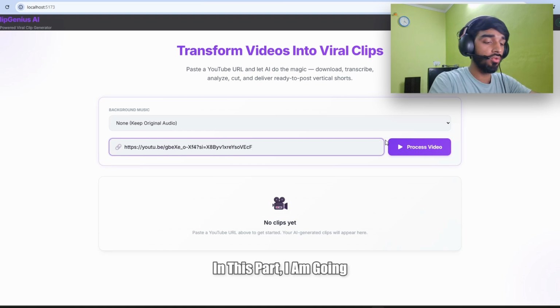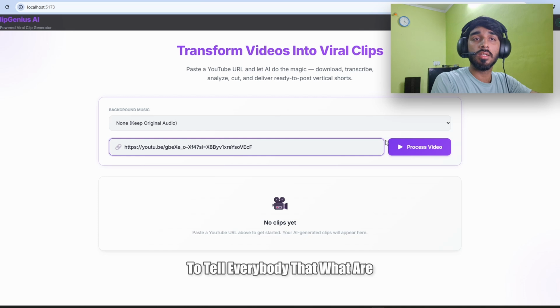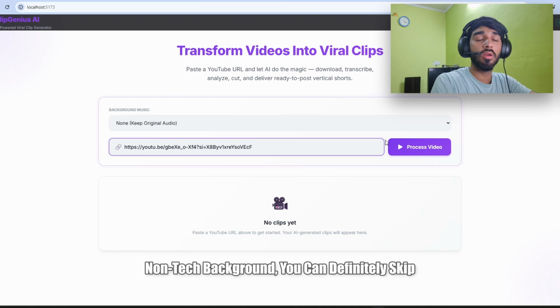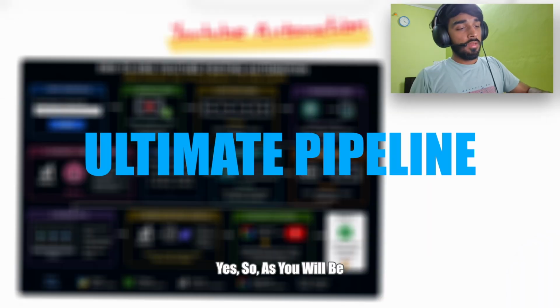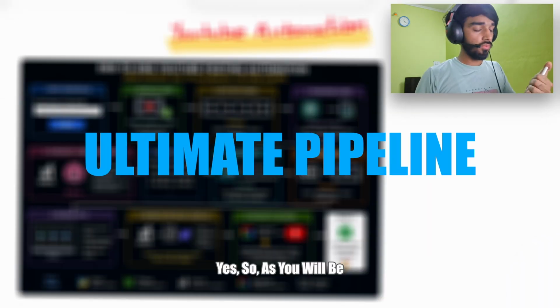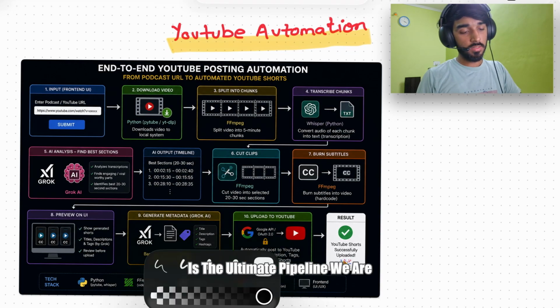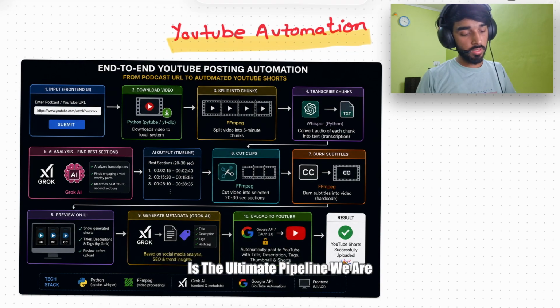If you are from a non-tech background, you can skip this part, because in this part I am going to tell everybody what tools or libraries of Python we are using in this. So if you are from a non-tech background, you can definitely skip this. As you will be able to see here, this is the ultimate pipeline we are using in